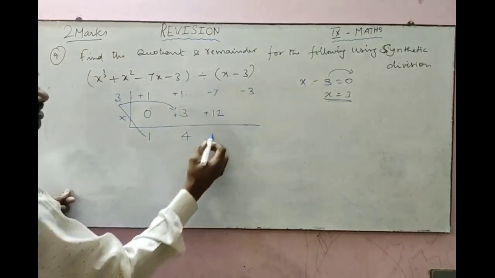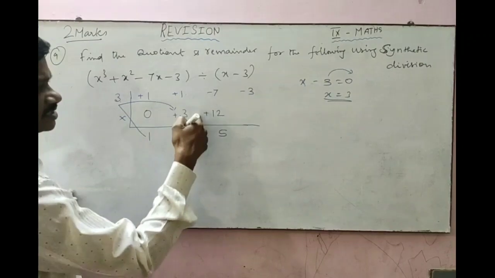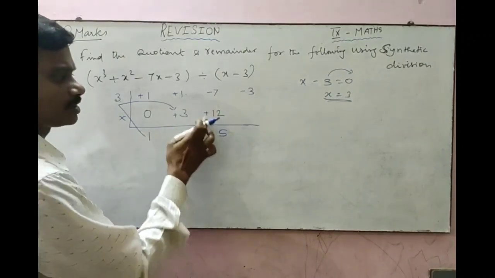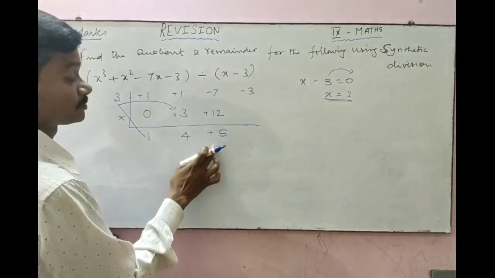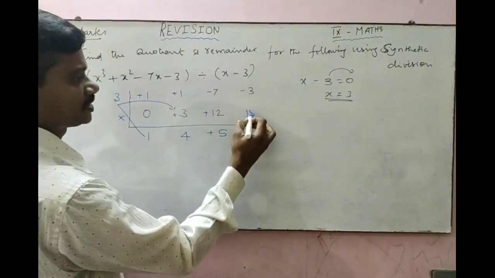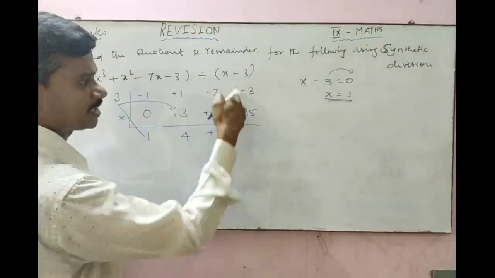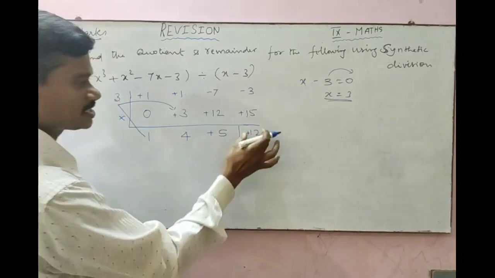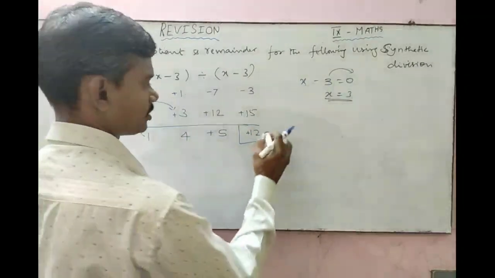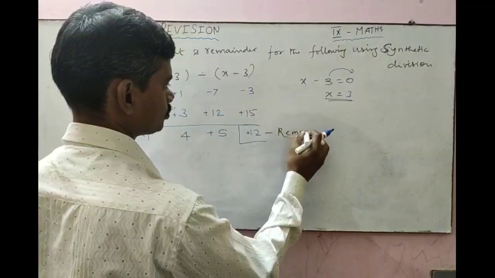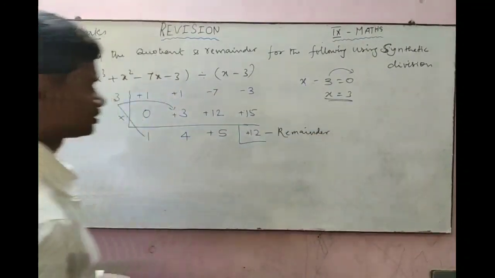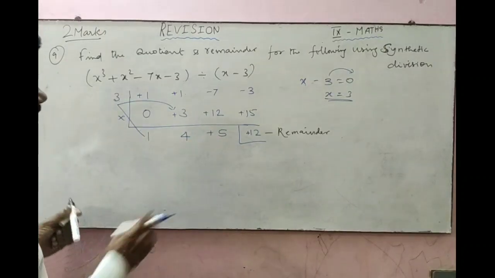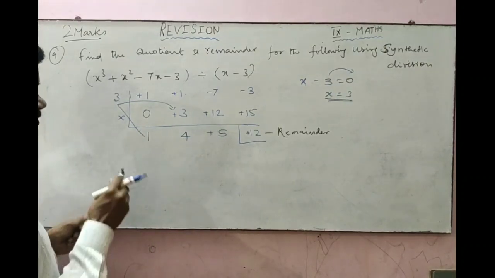Plus 12 minus 7 gives different sign. Subtract and put the greater number sign. So different sign இருந்தனா subtract பண்ணனும், அதுக்கு அப்புறம் greater number sign போடணும். 5 3s are 15. Again 15. Here also positive and negative. So you have to subtract these two and put the greater number sign, plus 2. The last number should be taken as remainder. So this is the remainder when you divide these two polynomials. The remaining 1 4 5 should be written as a quadratic polynomial. இது ஒரு quadratic polynomial எழுதணும். So this is the quotient.